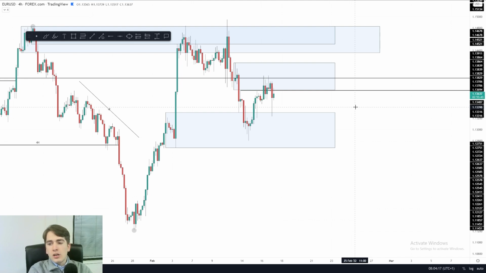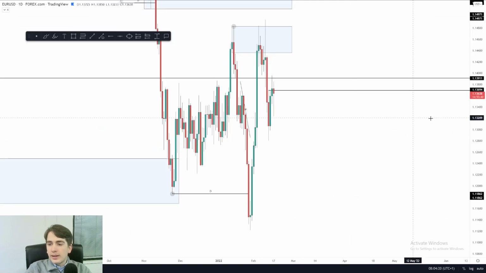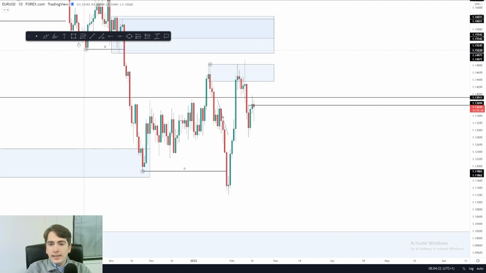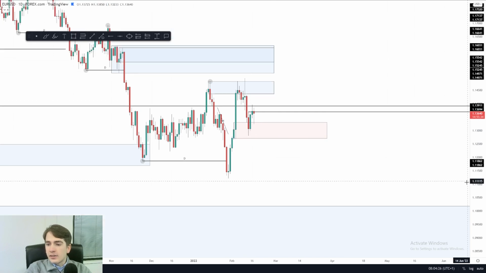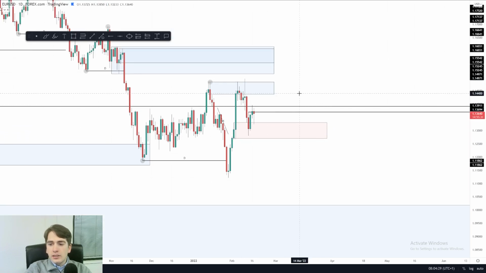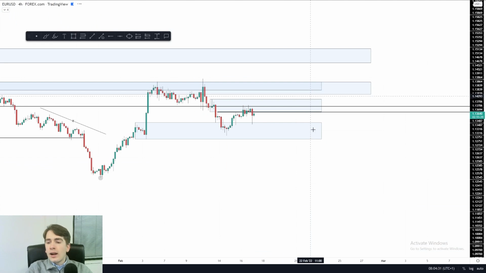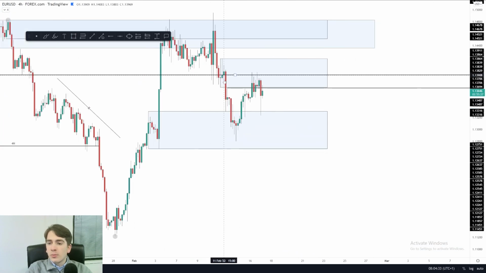Not much on this pair, to be honest, but looking at the daily real quick as well. Yeah, the daily is just reacting pretty much to these wicks over here, which are acting as an area of demand. And as far as I know, once on the 4-hour we pretty much take out this area of supply where we're currently located,